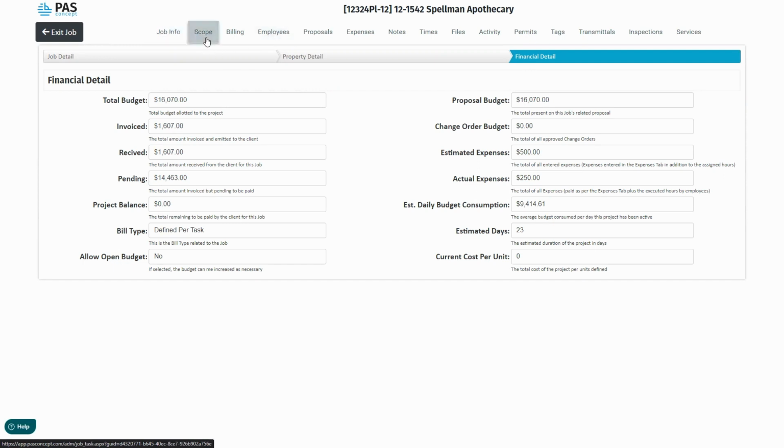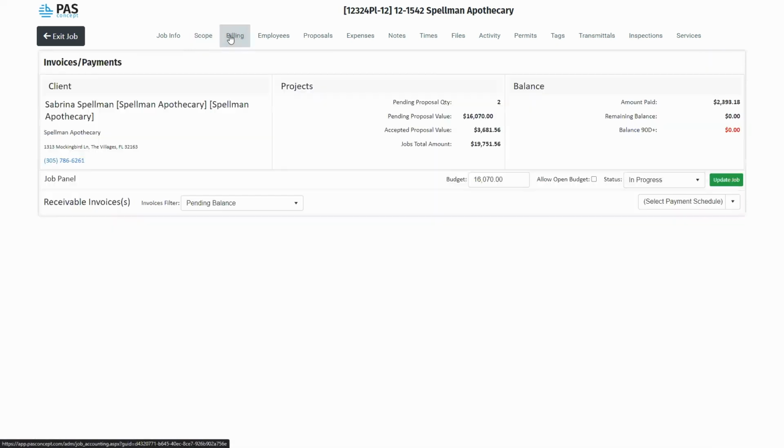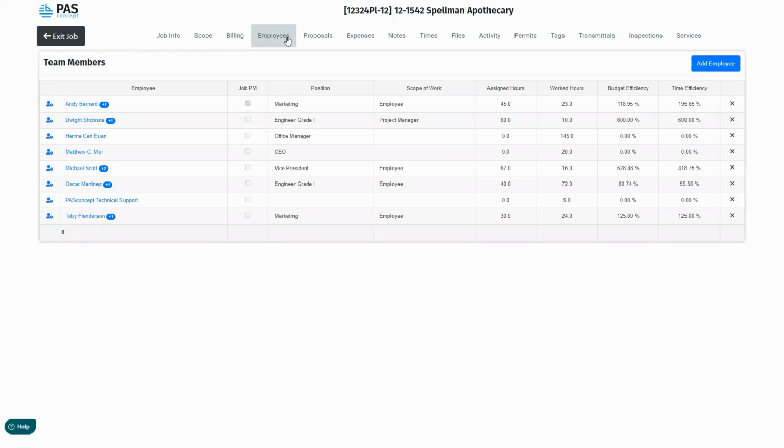Now, just to give you a quick overview, scope of work reflects all the work associated to this project. Each phase, each task, or in regards to the companies that don't have phases, just the tasks directly underneath the job itself. Billing revolves around the invoices, the sending of invoices, the receiving payment on behalf of those invoices, and generalized elements to that capacity. Employees specifically gravitates around the concept of assigning time to different employees, assigning them to different tasks, or rather assigning those tasks to those employees, giving them a set amount of hours in which they should complete said tasks.